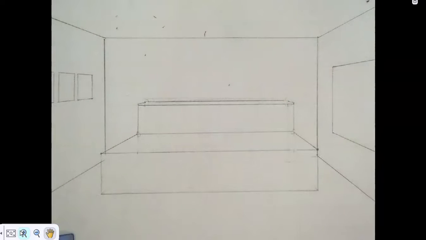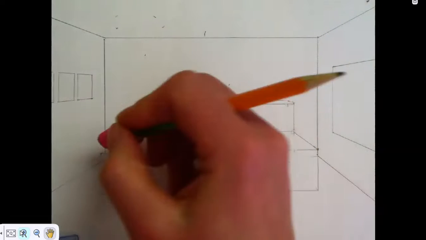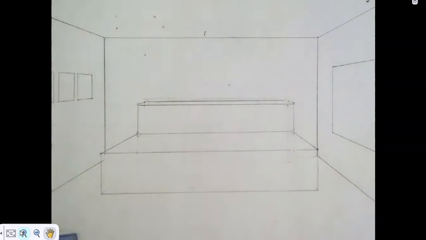Okay. Now we need some arms for our couch. Okay, there's a couple different ways that you can do arms. So if you do them tall, they'll look one way. If you do them